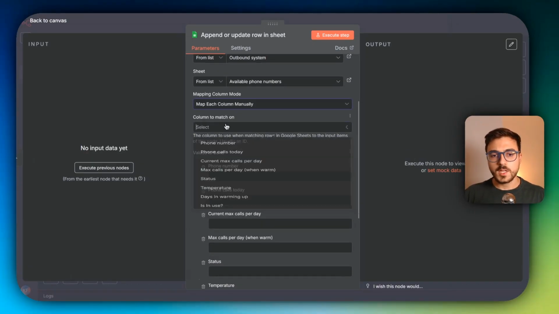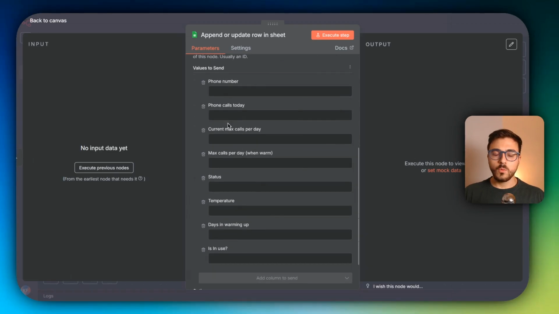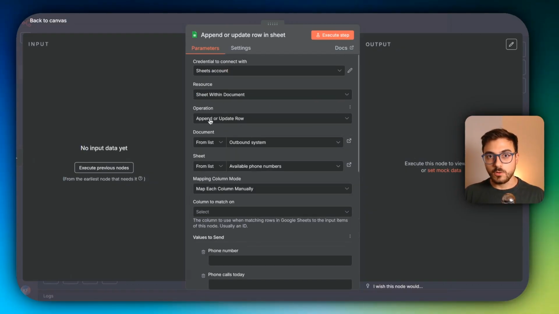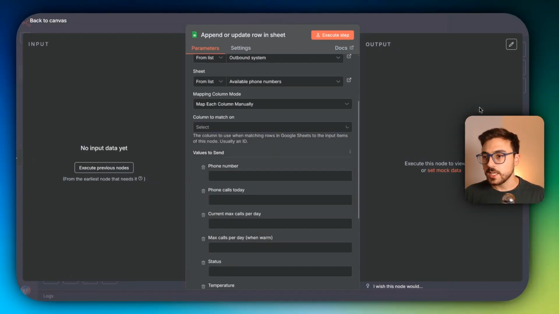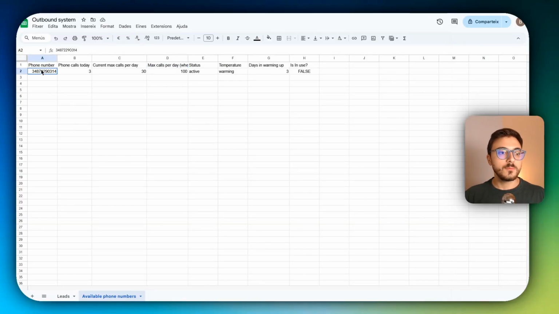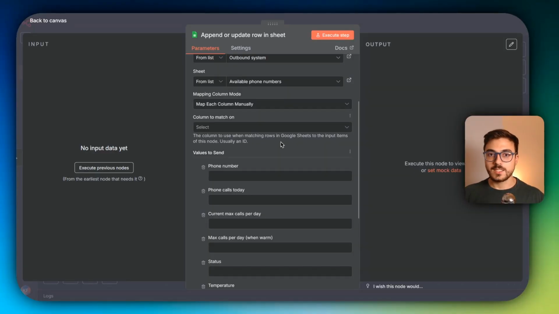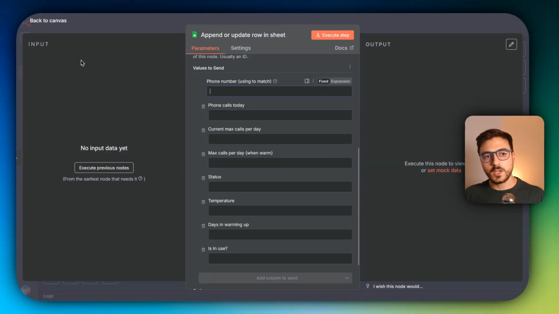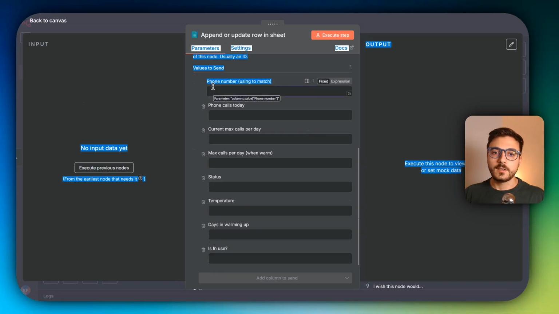Then column to match on, you'll have to select what value from these different columns is being used to identify which row it should be updating or appending to. Okay, so in my case, it makes sense to match using the phone number because it's a unique identifier that is not going to be repeated. So just select phone number, and now I should be dropping all the values